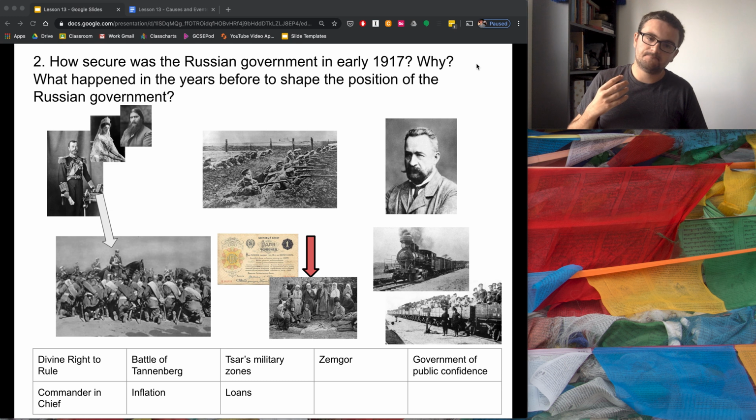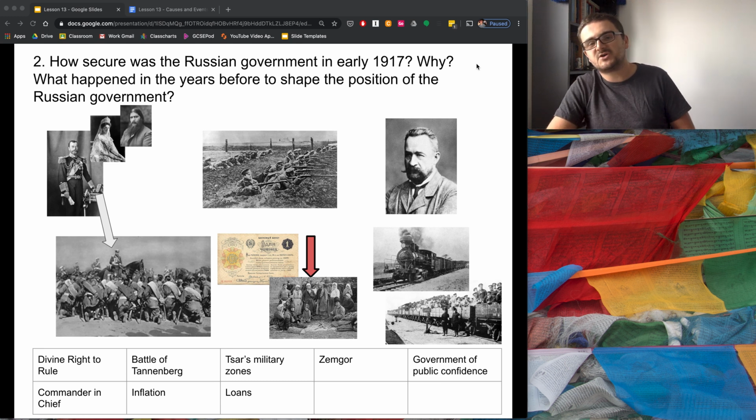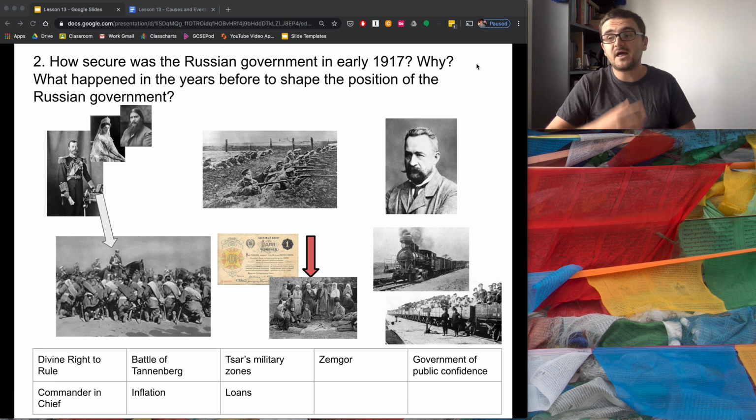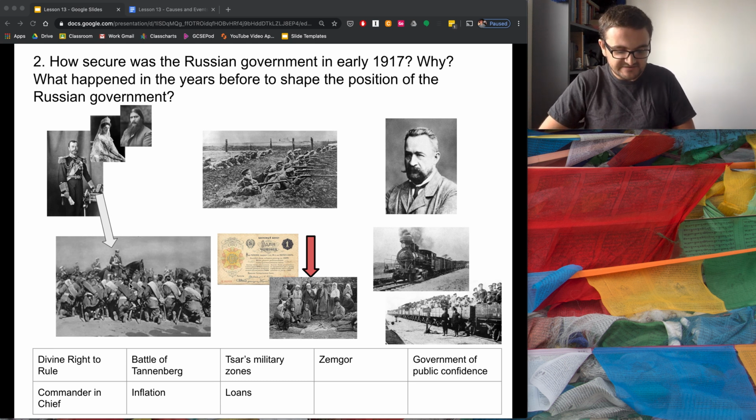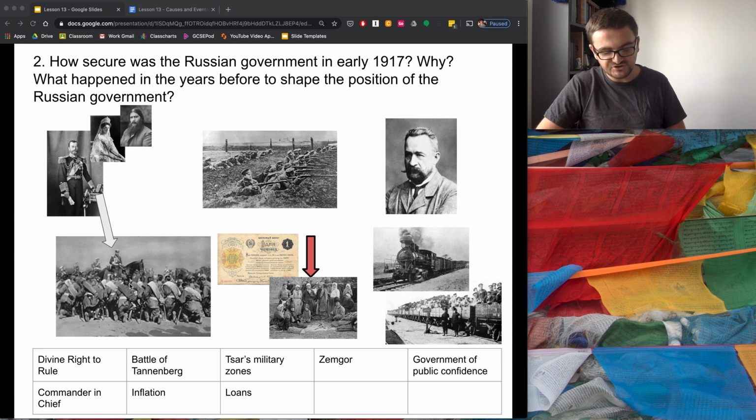Now, alongside this consistent rejection of democratic or representative features, the Tsar really kind of doubles down on his unpopularity as the First World War continues. Now, in September 1915, after several heavy defeats for the Russian army, he decides to appoint himself the Commander-in-Chief of the Russian Army and Navy. He gives himself more control on how the military is organised.